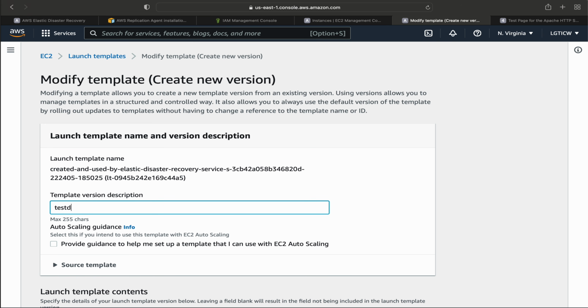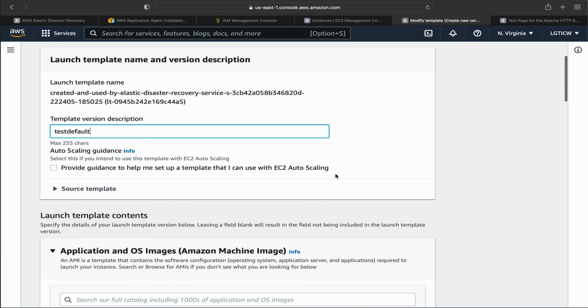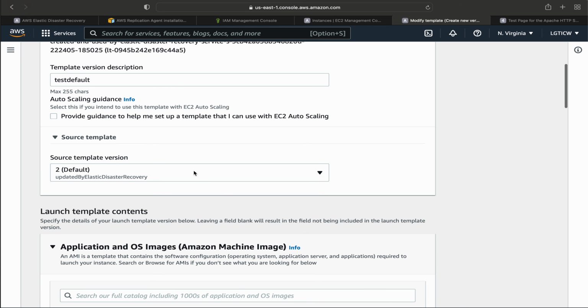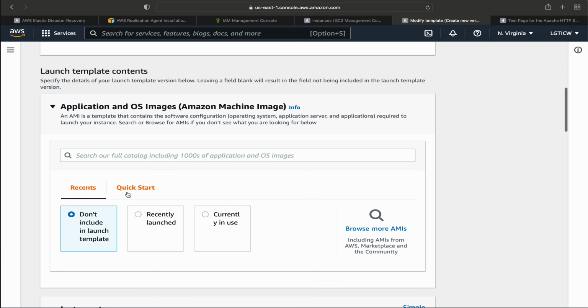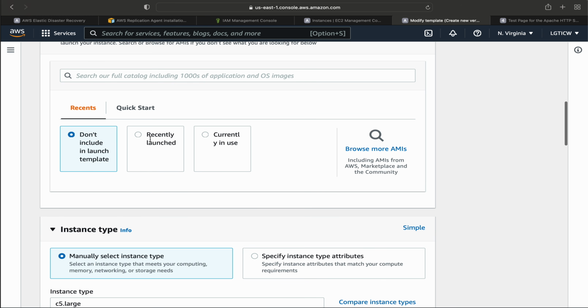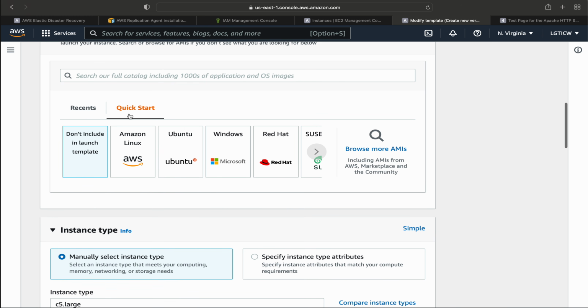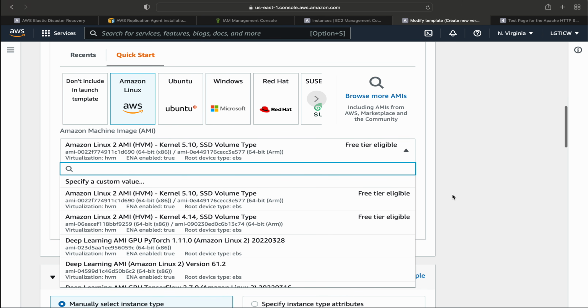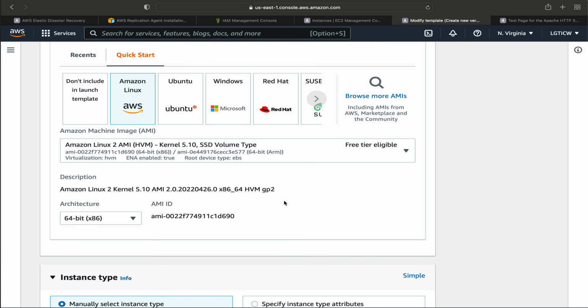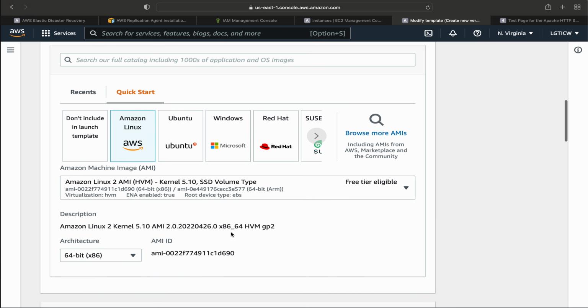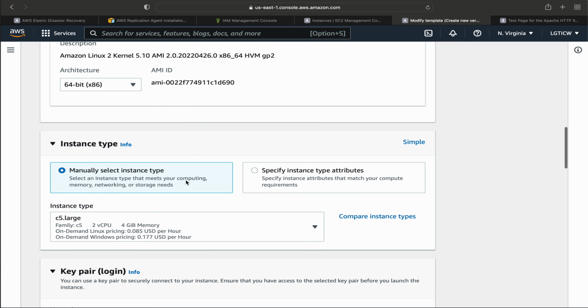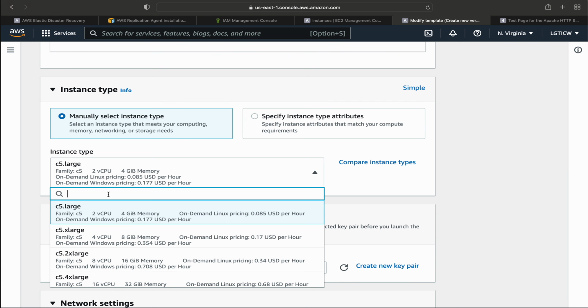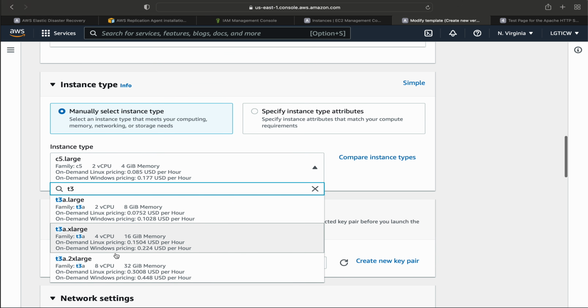Let's say test default. Okay, source template is 2, which is the default one, which is fine. Here you can launch your AMI. Let's say quick start. I'm going with Amazon Linux. That's fine. You can select whatever you want to go with, Red Hat, CentOS, or Ubuntu, depending upon your requirement. What I'm showing you is you can edit whatever the launch setting is there, right? Manually select the instance. I don't want to go with C5 large. Instead, I just want to go with T3